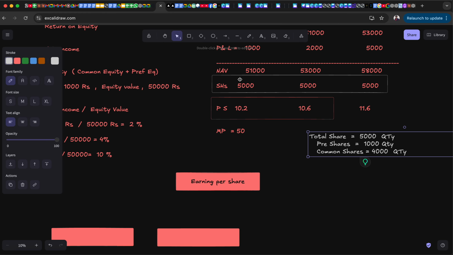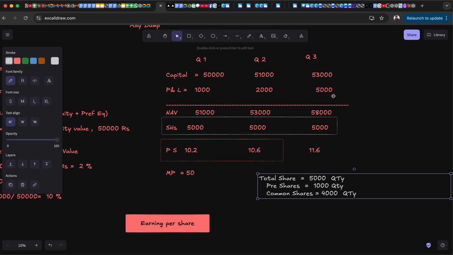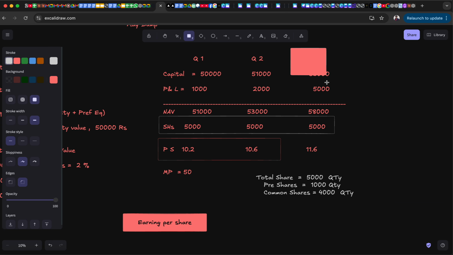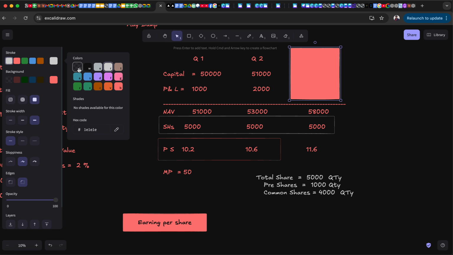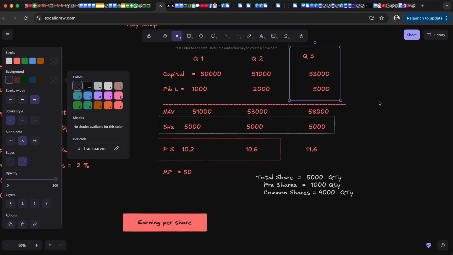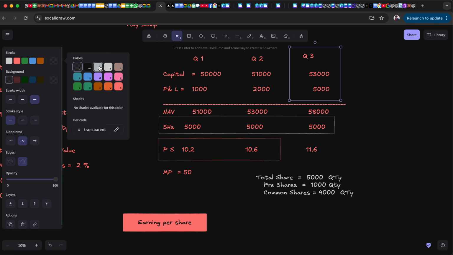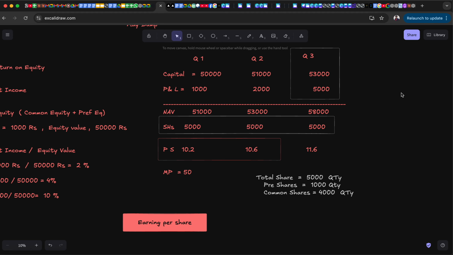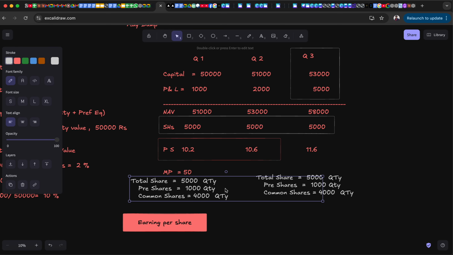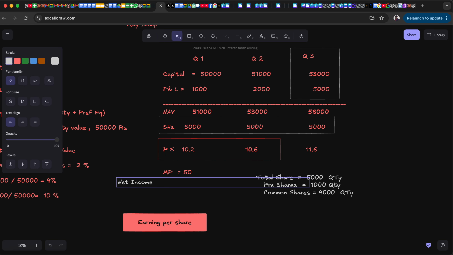So now let's say the company earned profit in the third quarter. We are talking about the third quarter, right? And in the third quarter, we have 5,000 rupees as net income. Out of this net income, guys, we need to first deduct the preferred shares dividend. And let's say the preferred shares dividend is 1,000,